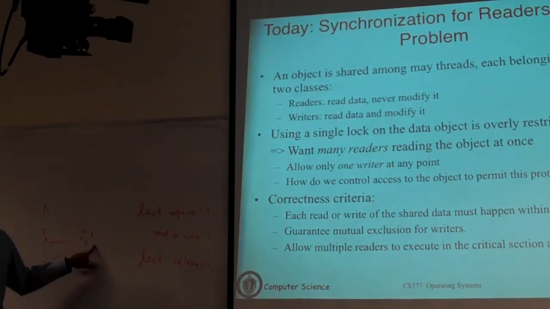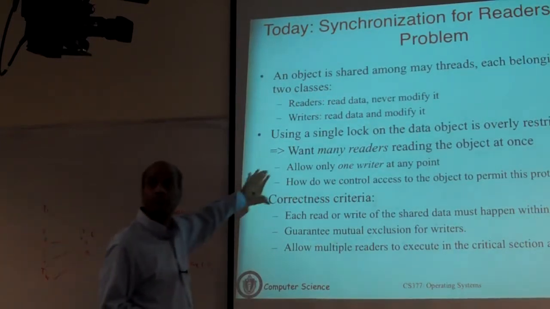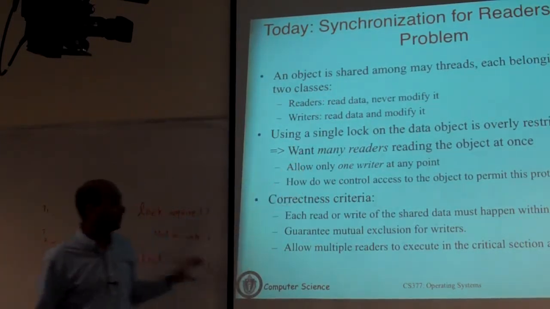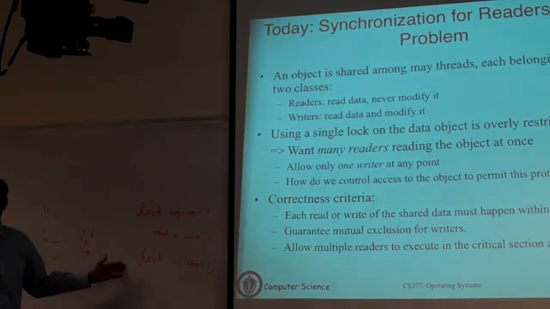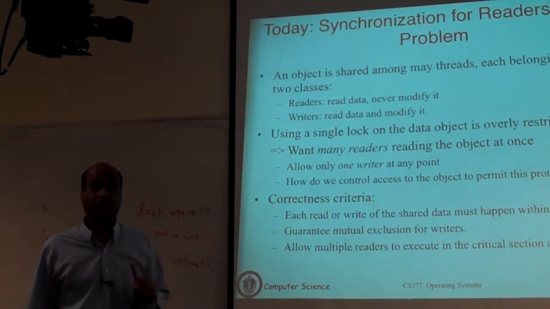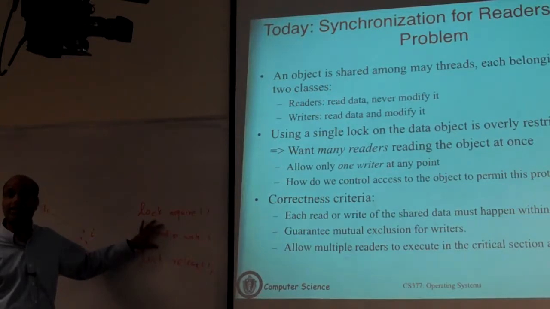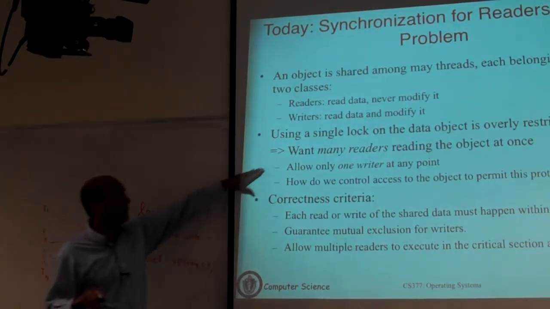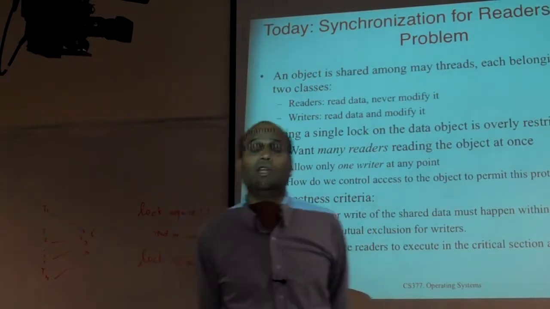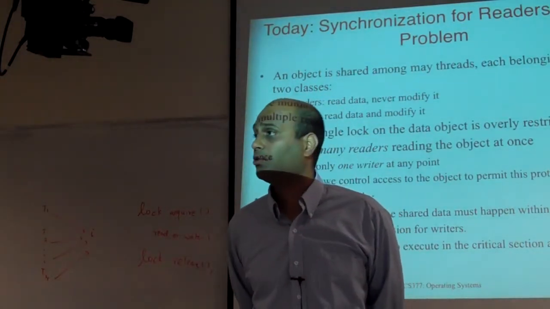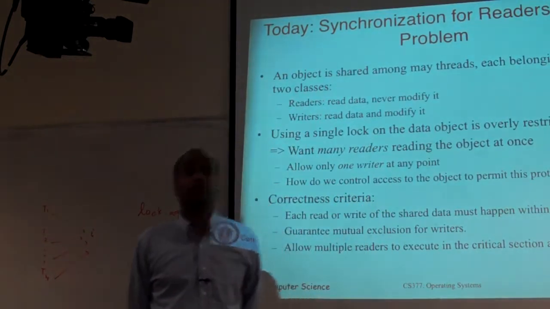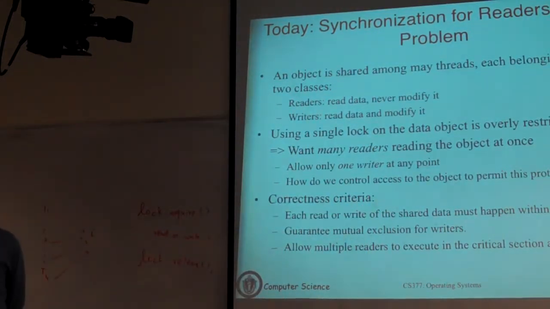It's a shared data structure, so it should be the only one. We don't want anyone else to read or write if some thread is writing. So we want to now redesign this code, not simplifying it, but making it better. We want more concurrency. What this does is only one thread can do anything at any given time. If some other thread wants to do something to this variable I, it will block. But we have an observation here: if all these threads only want to read, then multiple readers should be able to read. But if a thread wants to write, then you only let that thread write at once.